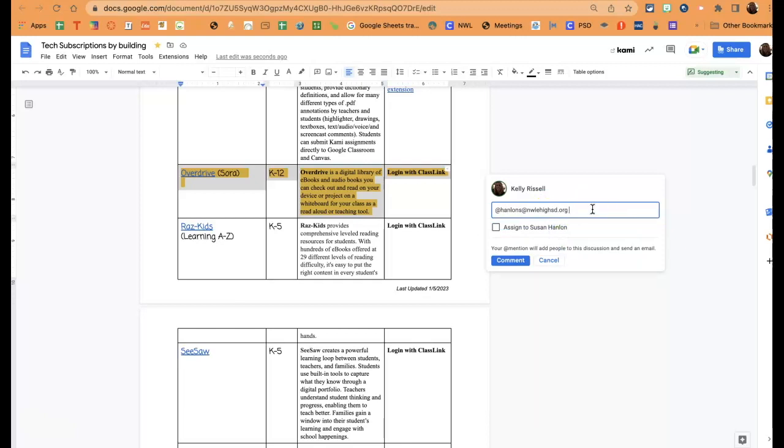and because I put the @ mention in there, even though Mrs. Hanlon is not on this particular document, she will get an email that I put this comment. So I would just type my question, can you please remind me of whatever. If I want to take it a step further, I can actually assign this task to Mrs. Hanlon. She will get an email that says, Kelly Rissel assigned this to you. And when she comes in, she'll actually have to check a box to okay that she made the change,